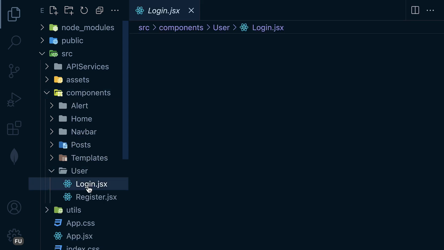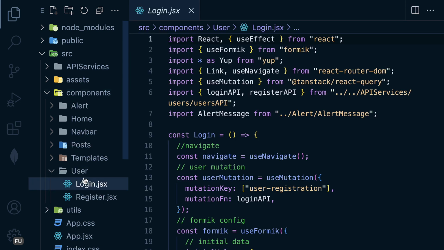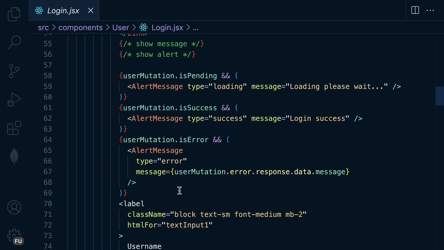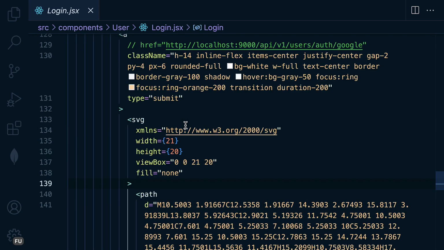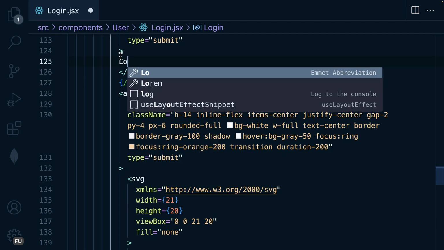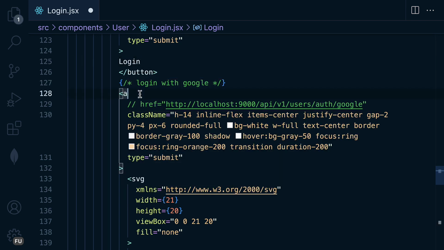So let's get back to the front end and locate the login and then the registration component. Let's begin with the login. So let's scroll down here, and this is the SVG icon for Google. As you can see, log in with Google. And here, let me change this one to log in. All right, and here on the A tag, this is where we are going to call the route,